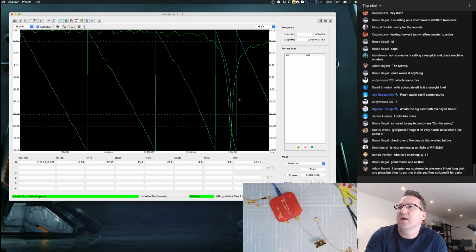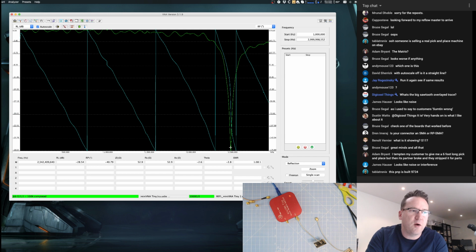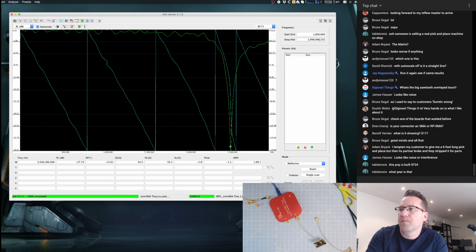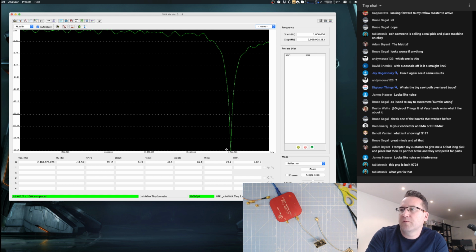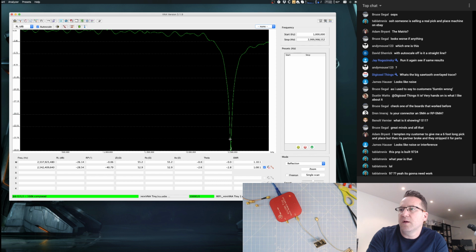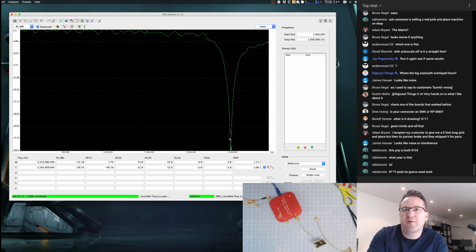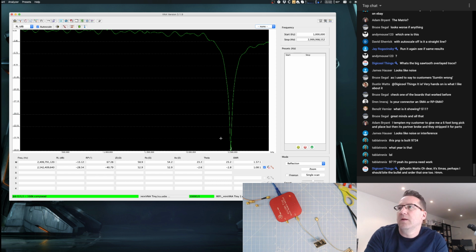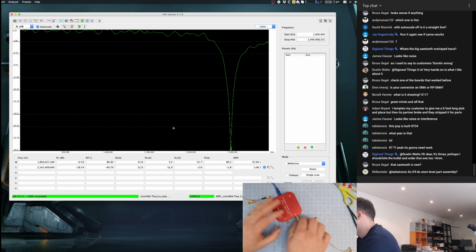So as you can see here, that's pretty much exactly what I'd expect from the Tiny Pico. Turn the blue line off. Yeah, so that's tuned pretty much at 2.54. Wow, okay, so